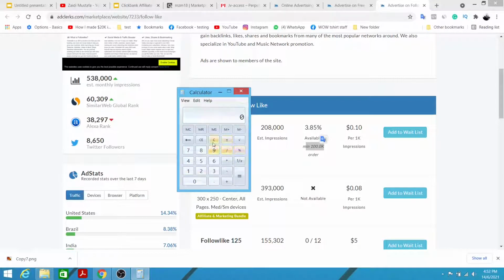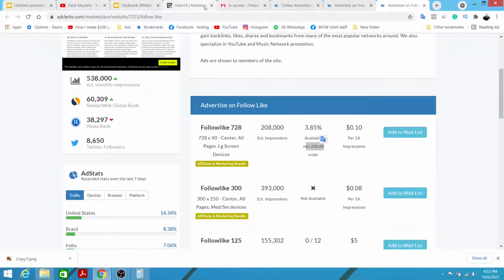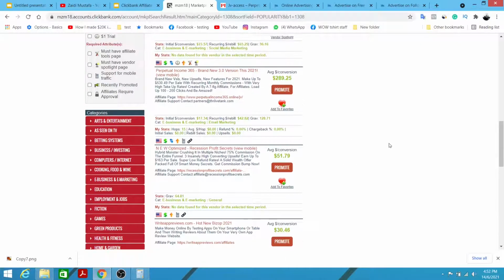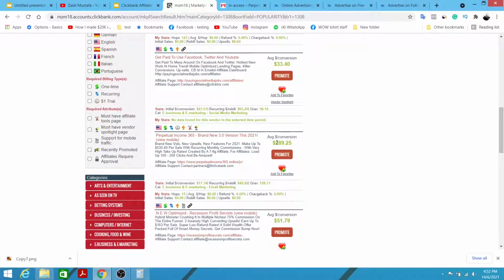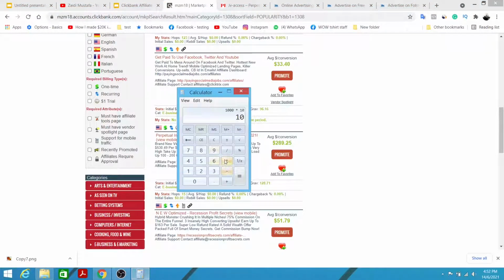So 1,000 times 1% conversion rate would be 10 sales, guys. All right, 10 sales. So let's take a look at the commission that you're going to generate here. One sale is going to get you $289, so 289 times 10 sales would be